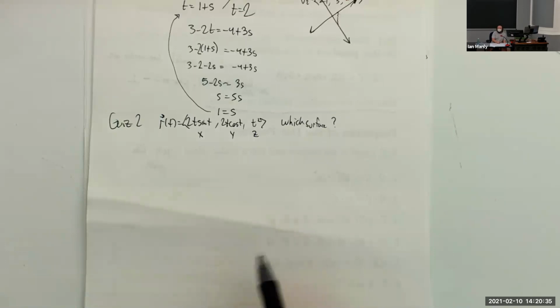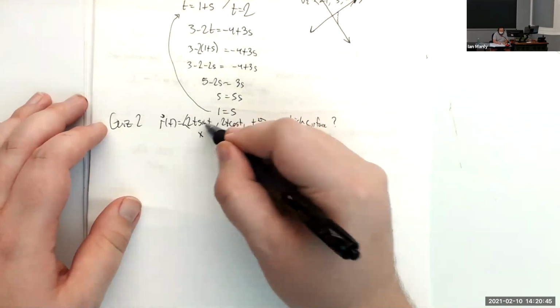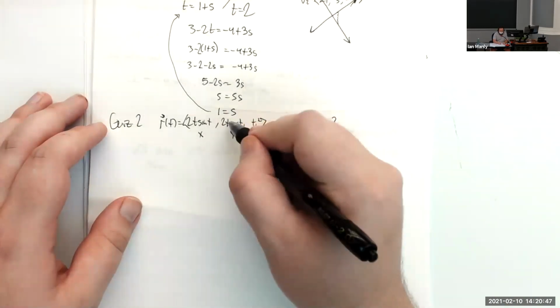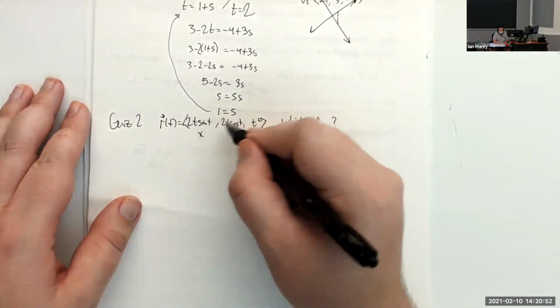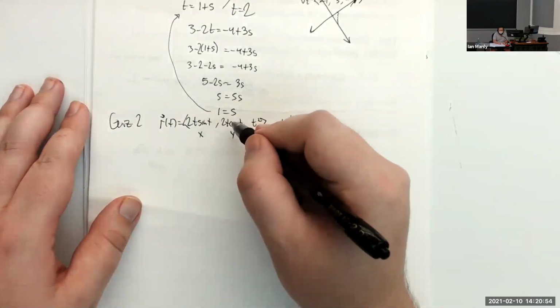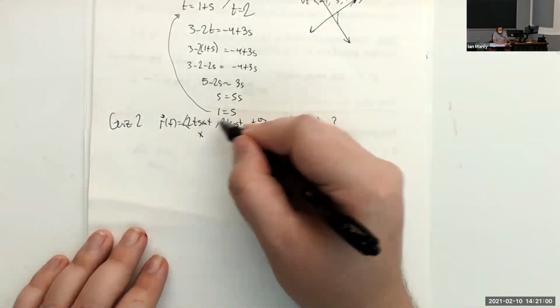So if they list the equations, then we could just guess and check. I wouldn't recommend doing it that way because that takes longer than it needs to. What I would do is I see a sine and cosine pair here, right? So I know that whenever I see a sine and a cosine in a parametric equation, kind of like this, that kind of says to me that there's something circular going on here. So what I'm going to do is I'm going to try to square both of these and add them together